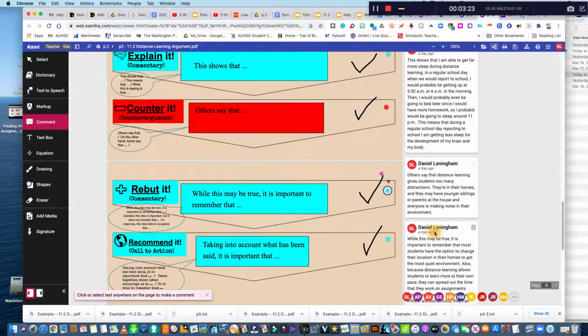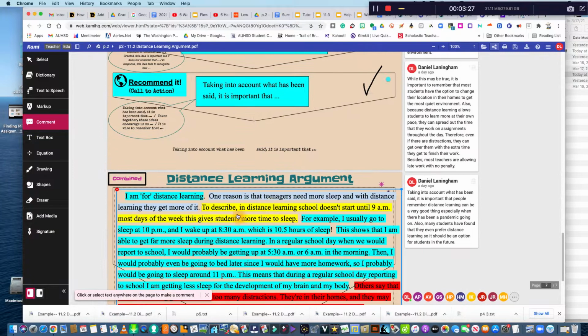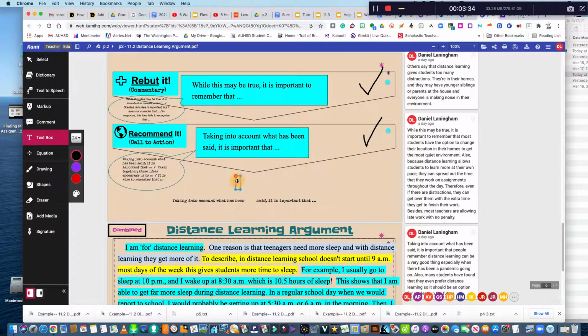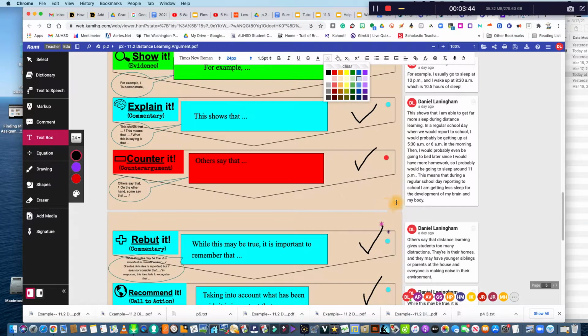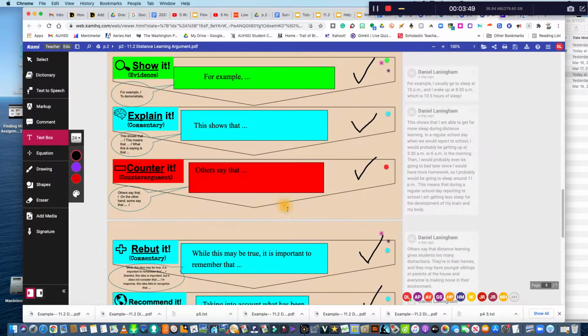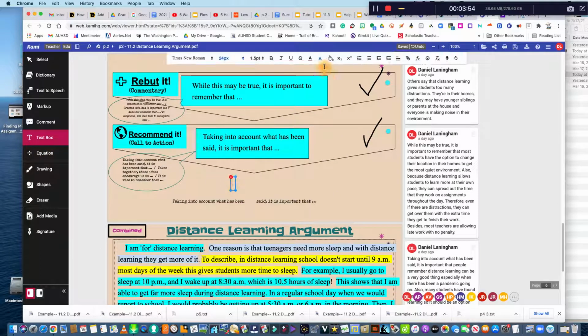There's my essay. Now I'm going to copy and paste each section, and I'm going to put them here, and I'm going to separate each one and give a space by going like this. I'd make a text box, and I go here to my color, and I make sure first I'm blue, and I paste, and it's going to go blue. Then after I paste it, I'm going to paste my answer right here. My first one, I'm for distance learning, my claim. So I'm just giving you an example. I would paste that, but first I make sure my color is blue, and I paste it.